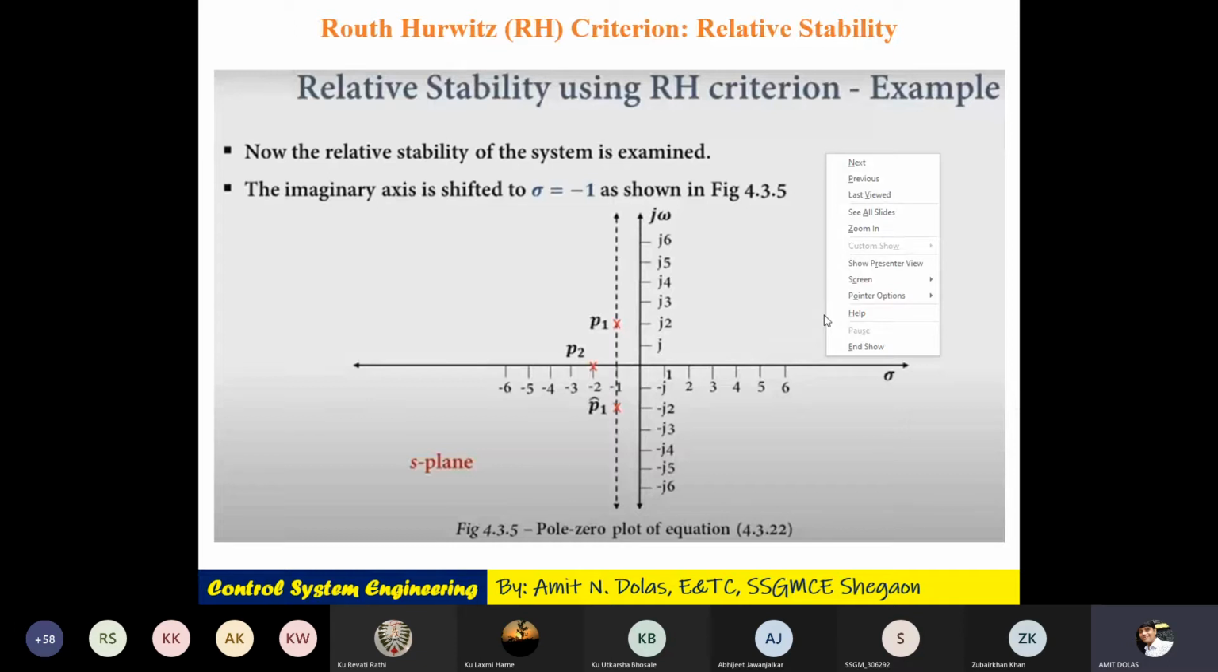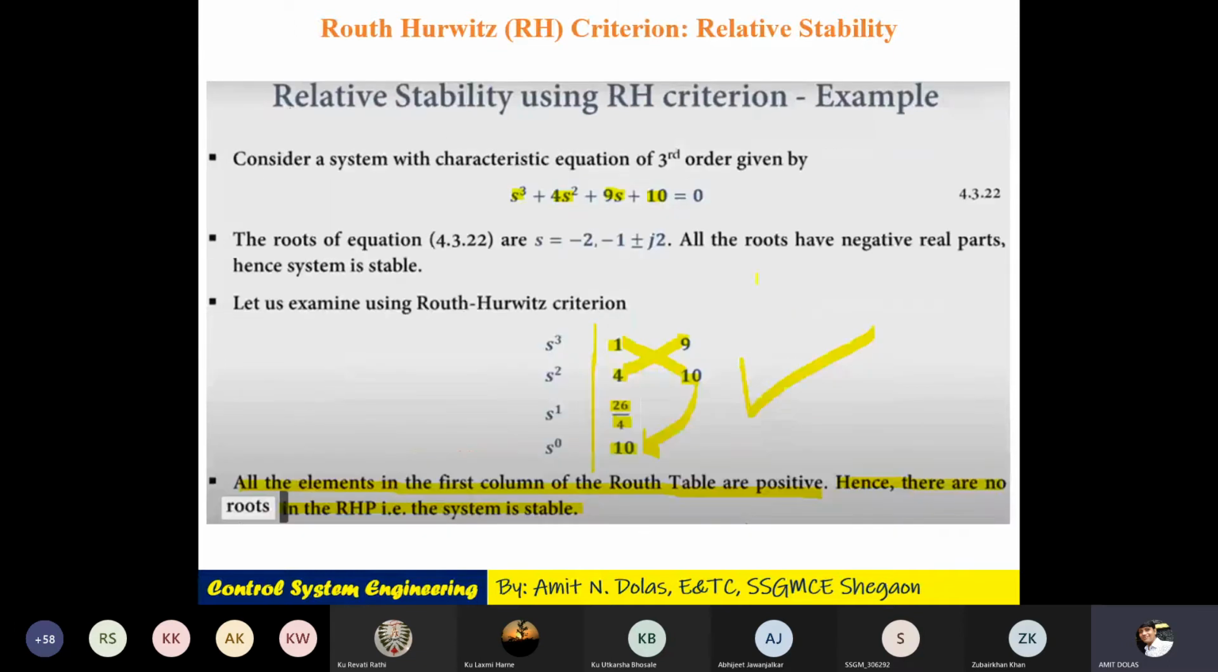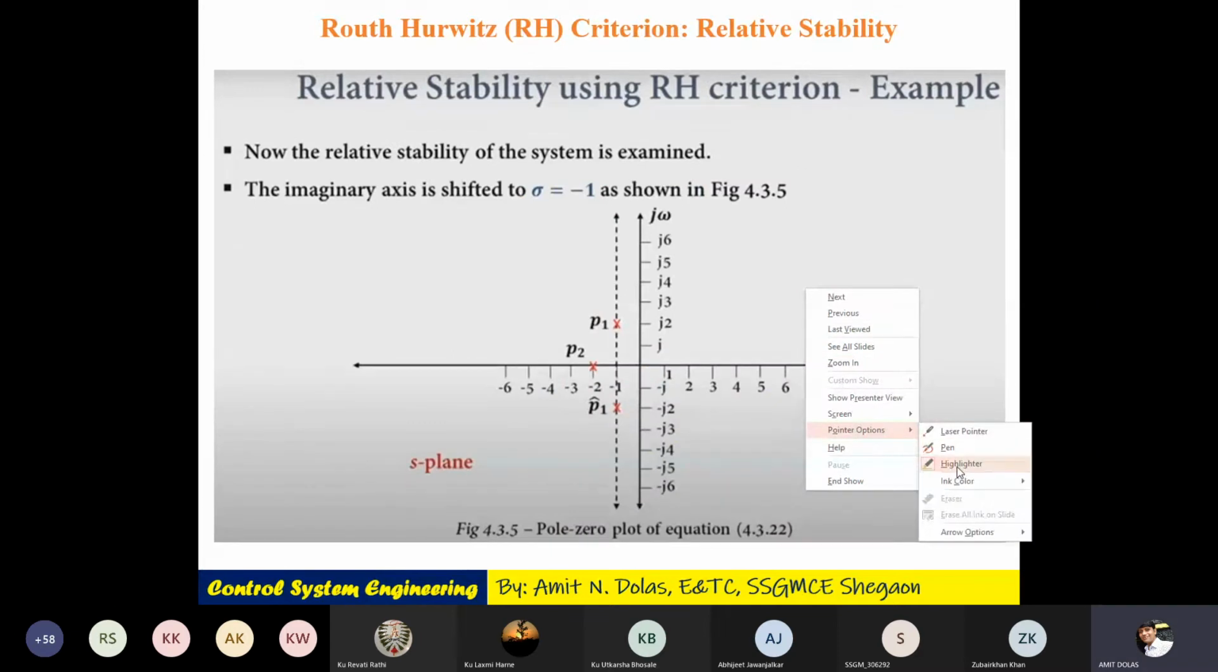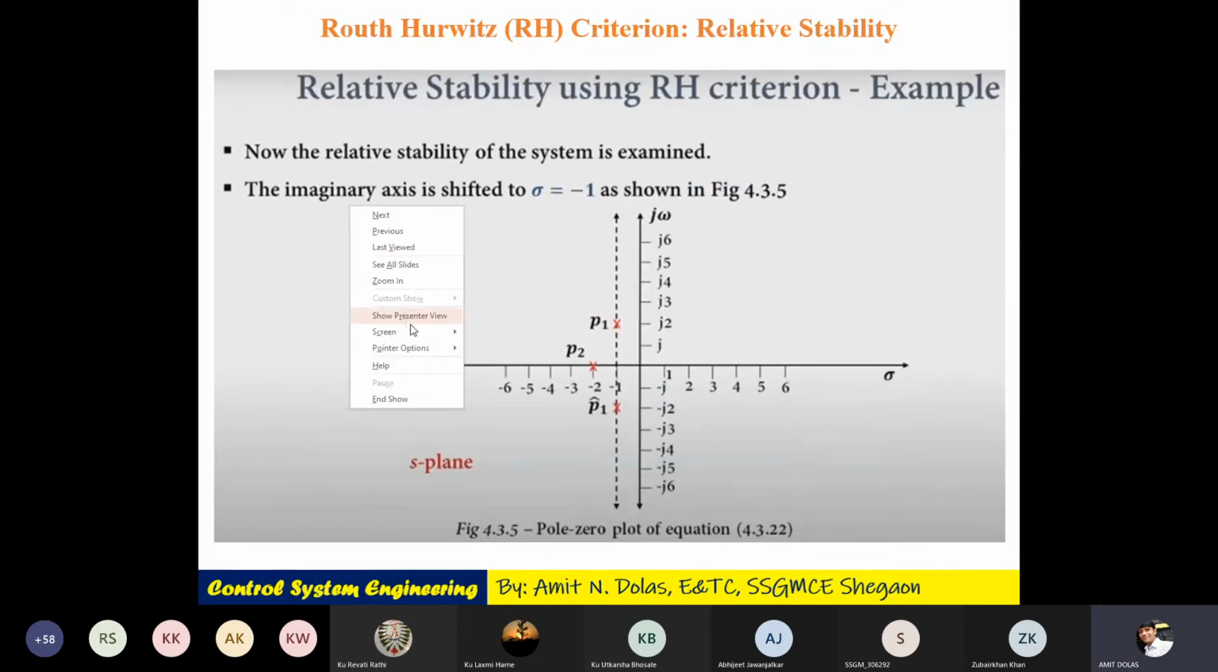Whatever we understood earlier here is with reference to the imaginary axis of S-plane. What about this? Now, here you can see the relative stability of the system is examined. The imaginary axis is shifted by sigma is equal to -1 as shown in the figure. This was the original imaginary axis, but I'll take this reference shifted by -1